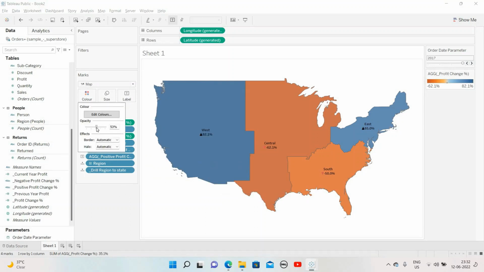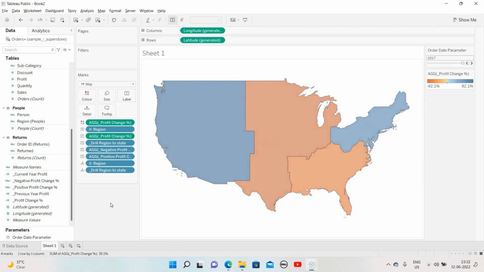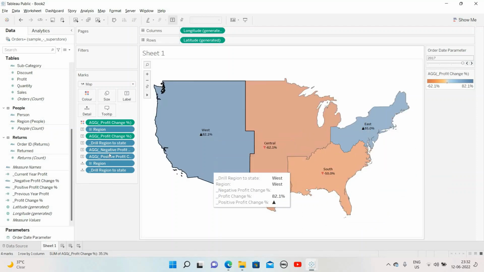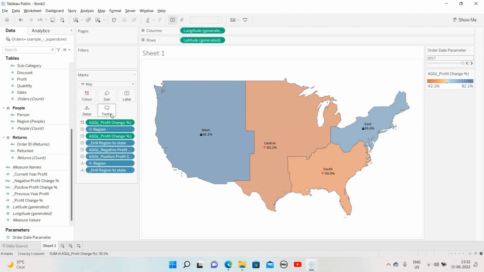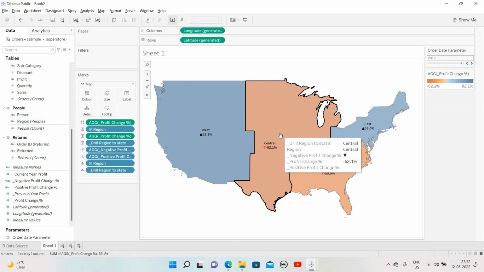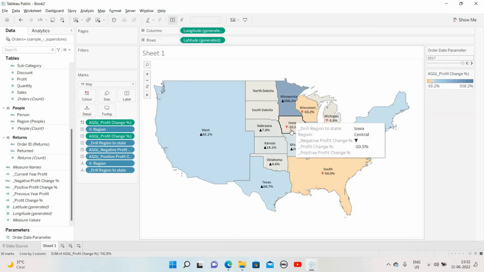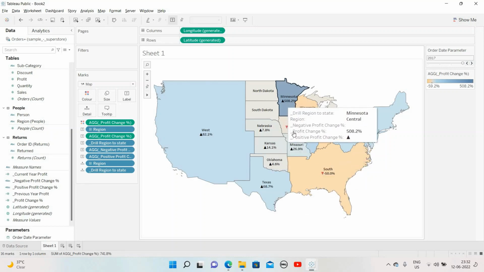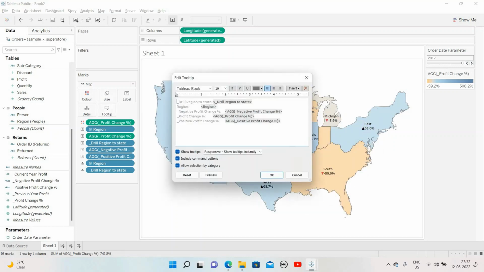One more thing, make this fade out to 50%, right? Now we can see the down indicators and the up indicators, right? So now if I select central, I'll see the states of central, right? Also the indicators. Now let's work on tooltip. Select tooltip,